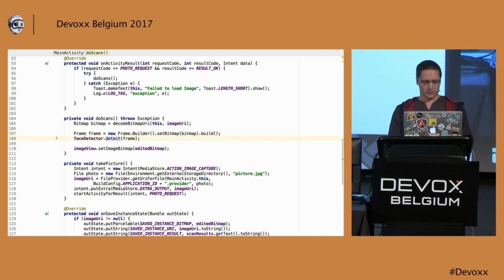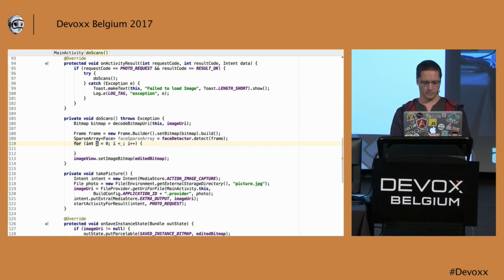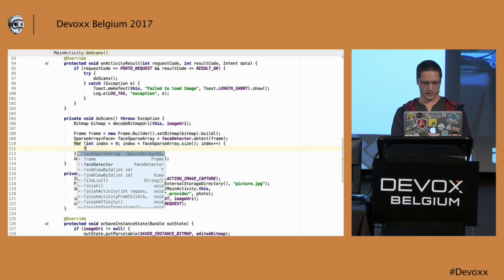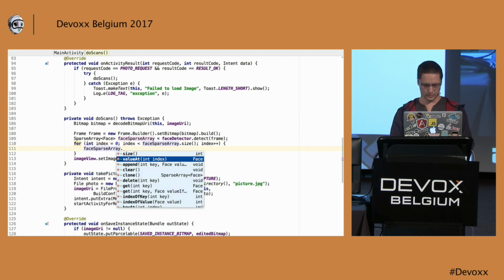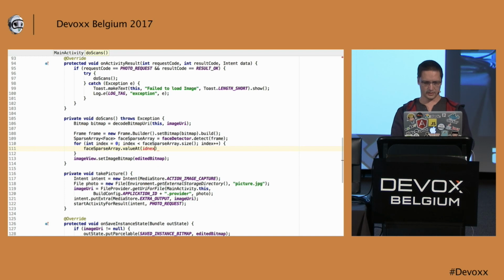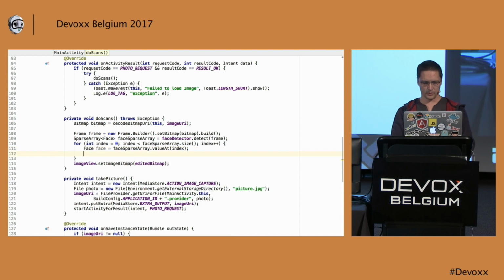The call to the detect method will give me a sparse array of faces that are detected. So we can just iterate over it. This is the face sparse array .size, and I will get faceSparseArray.valueAt index and put it in a variable.